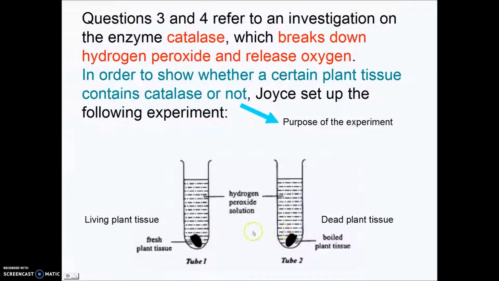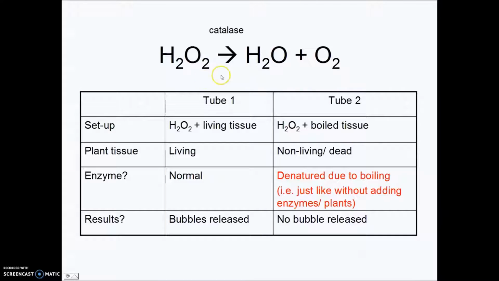For test tube 1 and 2, they both contain the hydrogen peroxide solution. For test tube 1, it contains the fresh plant tissues, so it's living. And for the boiled plant tissue in test tube 2, it implies that the tissue is dead. 咁啊暗示咗係死㗎啦，因為都烚過啦。